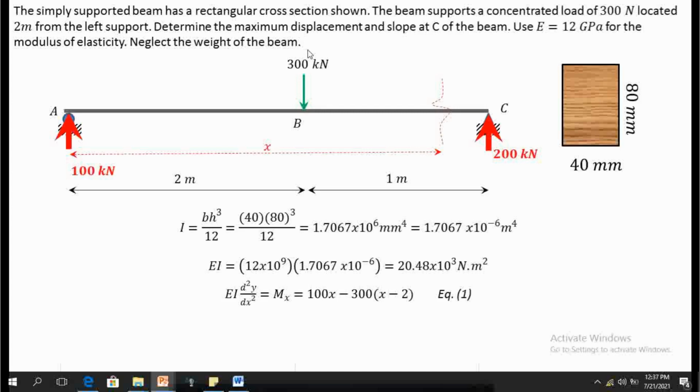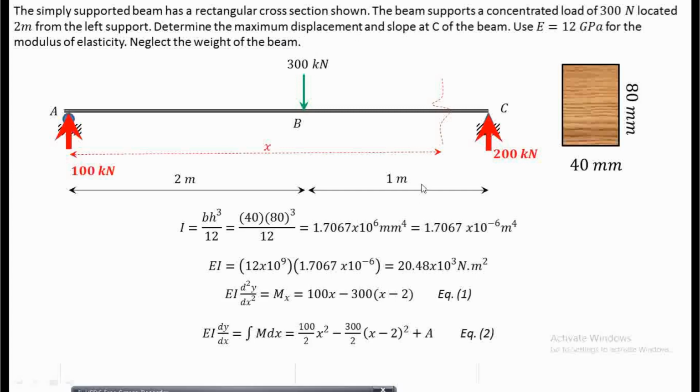Next, integrate that one. Kapag in-integrate ko si 100x, magiging 100 over 2x squared. Si 300, x minus 2, pag in-integrate ko naman siya, magiging 300 over 2, x minus 2 squared. Do not forget, there will always be a constant value, so plus A. That is now my second equation. So, integrate this again, itong equation 2. Pag in-integrate ko siya, magiging